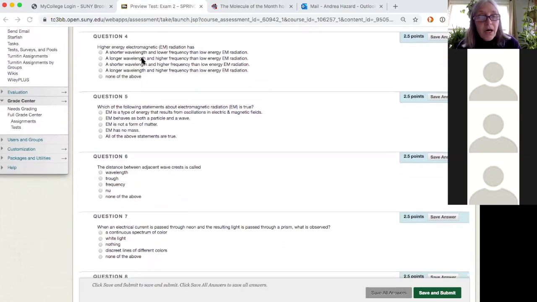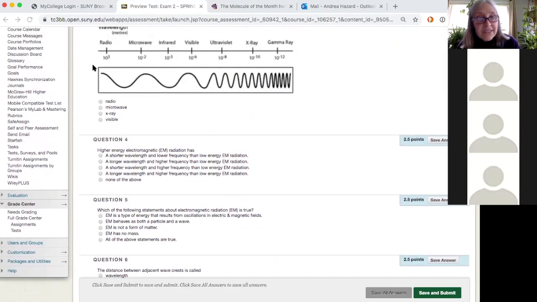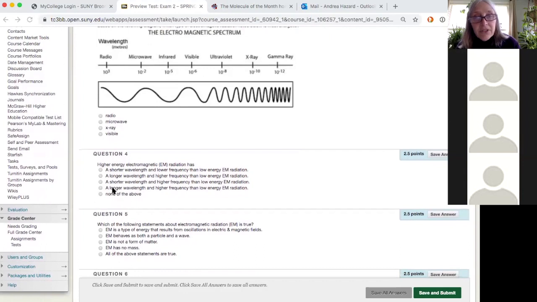Question 4, higher energy electromagnetic radiation has... I'll move back down to this diagram because it kind of tells you the answer if you look at the wavelength. Higher energy electromagnetic radiation has a shorter wavelength. It's not a longer wavelength, so that eliminates the second and fourth answers. So we have a shorter wavelength, and then there's